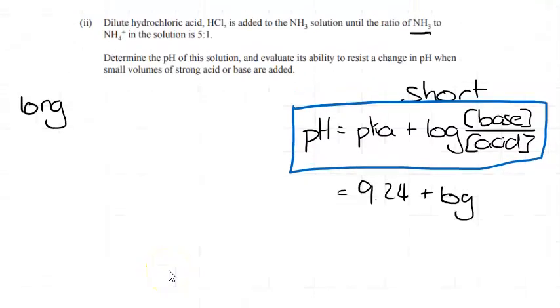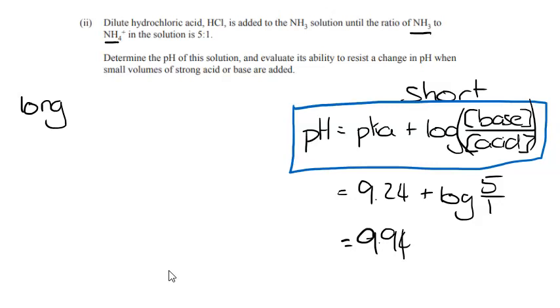So NH3 is the base, NH4 is the acid, so NH3 is 5 divided by 1. So we don't have the specific concentrations, but because this is just a ratio anyway, we don't need the units. And then that's going to equal, just quickly put this in, 9.24 plus log 5. So we get 9.94